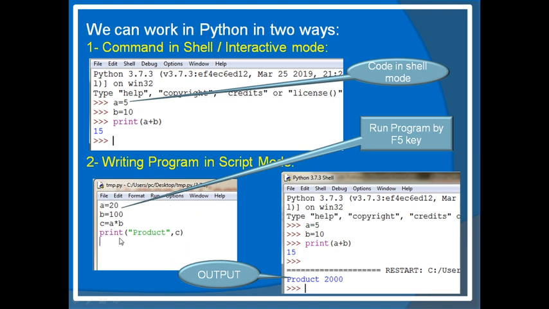After writing this program in the Python editor, you can save this file using a file name with .py. Here I have saved it as tmp.py. So after saving this file, you will run it by pressing the function key F5. Then the shell will again come with a restart line, and thereafter it will ask for input from the user if any. Otherwise, if there is no input and all the things are fed in the program itself, it will directly give the output on the screen.